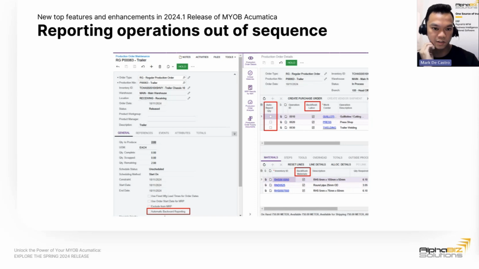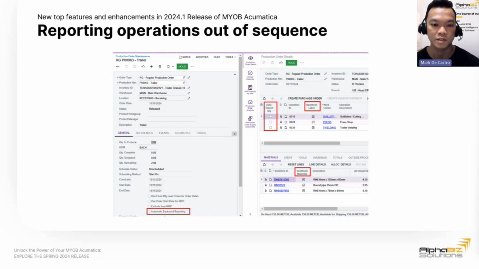Okay, let's take a look at this screenshot for our production order. You'll see that there's a setting in production order maintenance called automatic backward reporting. So what does it mean? Once your site has been upgraded to 2024.1 version, this will automatically be ticked, meaning the reporting of operations will remain the same as the current version.